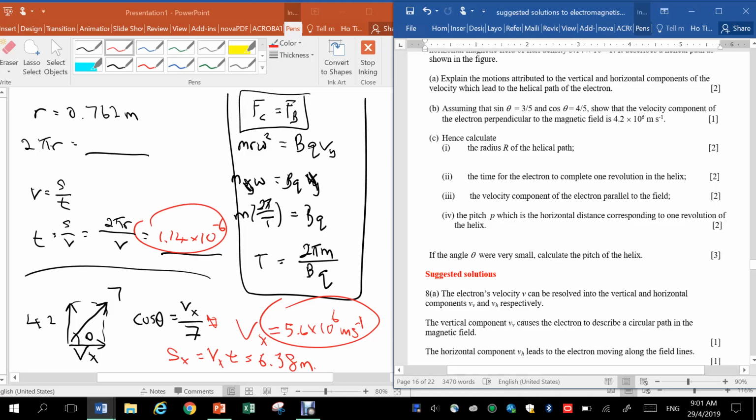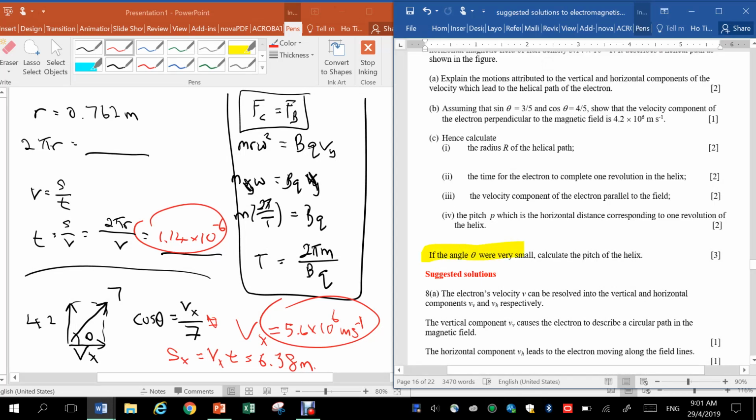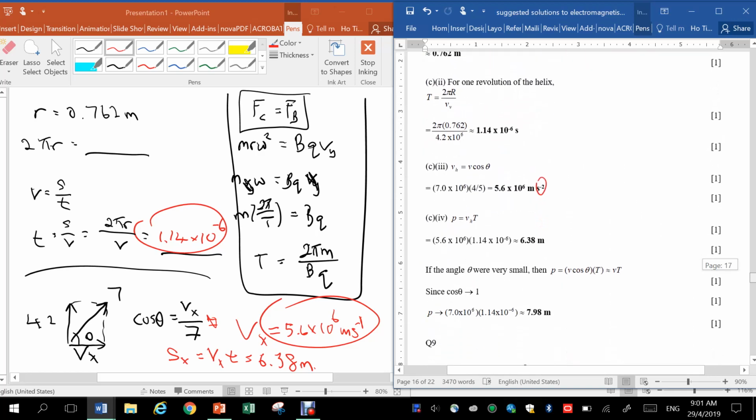Hi. So we're not exactly done with question 8, right? There's one small part that I left out, which is this. If the angle theta was very small, calculate the pitch of the helix. It's not an issue because we know that the horizontal component is dependent on theta. So if theta was very, very small, your horizontal velocity would get ever closer to the original 7.0 × 10^6